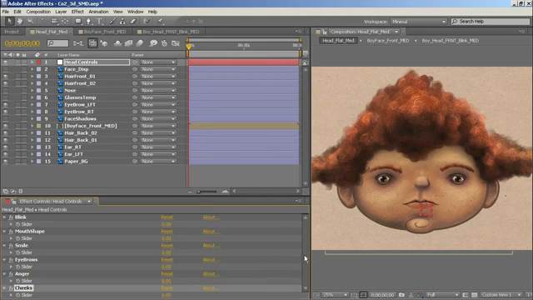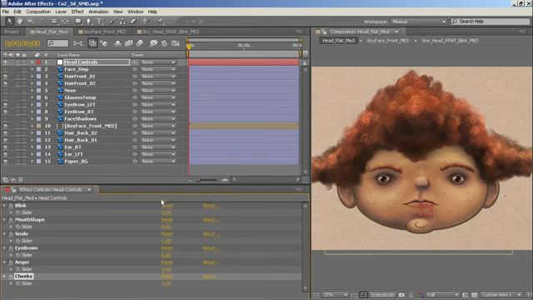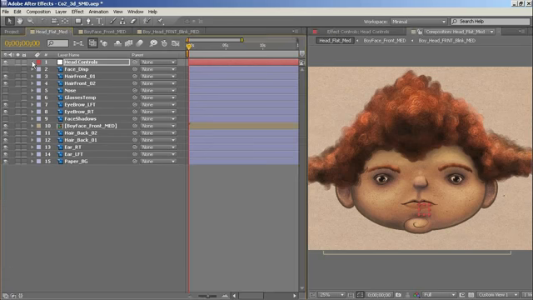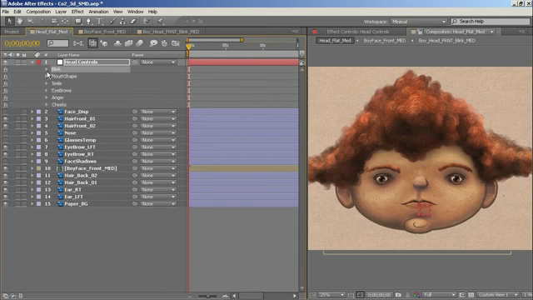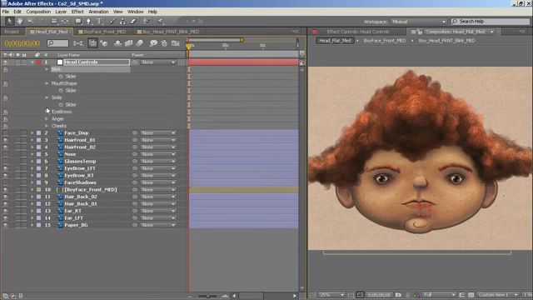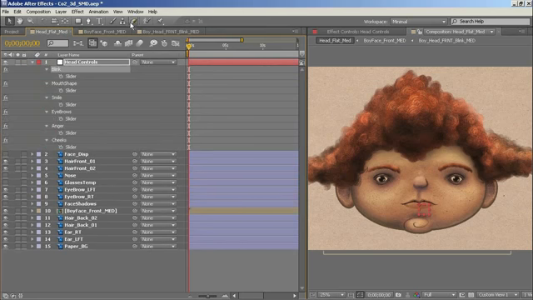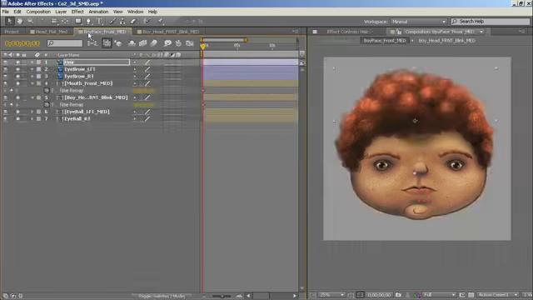I don't think I'll need one for frown, because frown will be essentially the opposite of smile, so the sliders can go both ways. Blink, mouth shape, smile, eyebrows, anger, cheeks. What we're going to focus on right now is blink and mouth shape. Let's open this up. Press E to open effects. You have to make sure these are turned down so that you can see them, because the technique we're going to use to grab them is just a little bit faster than having to type everything in.